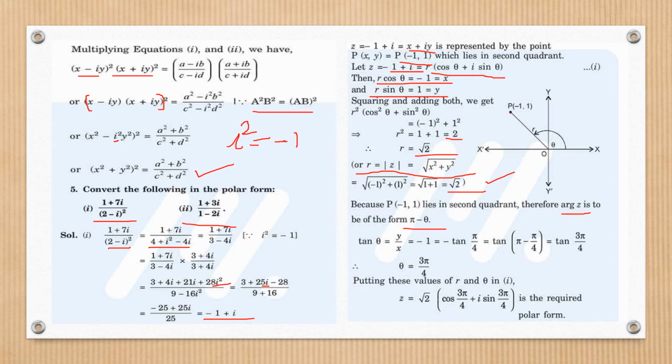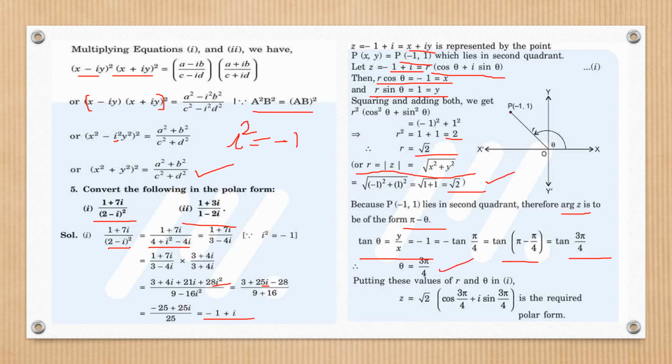So you can use the tan method also. This is the other method, while in the previous videos where we did polar form, we used the formula of sine and cos directly. So this is one other way which I have tried to discuss in this part, so that you're familiar with this also. We can calculate tan theta, which is y upon x, and which becomes minus 1. So it is minus tan pi by 4, and it becomes tan of pi minus pi by 4, that is tan 3 pi by 4. So this way also your argument can be calculated. So theta is 3 pi by 4.